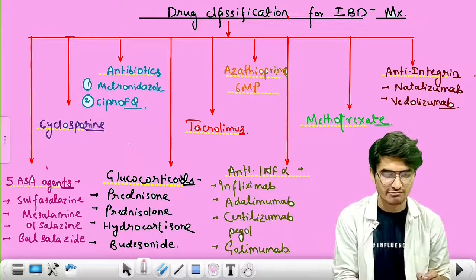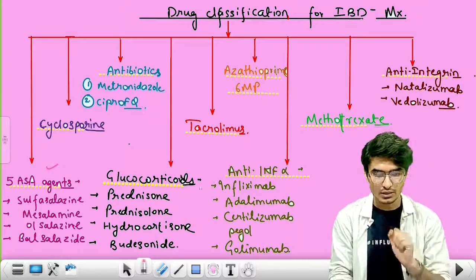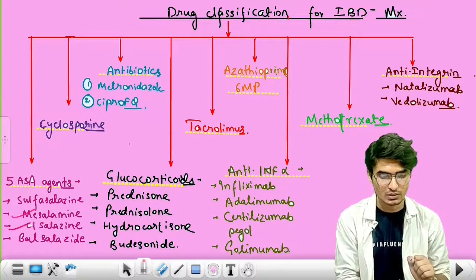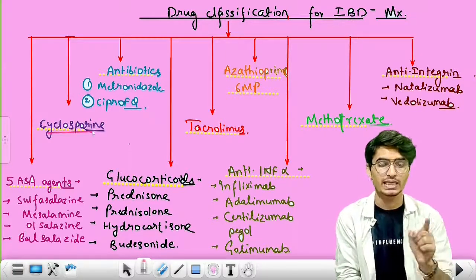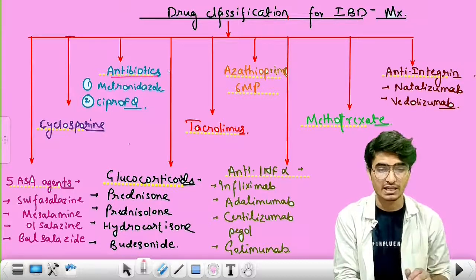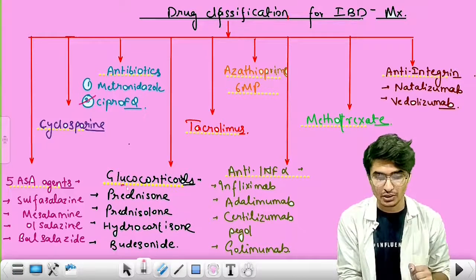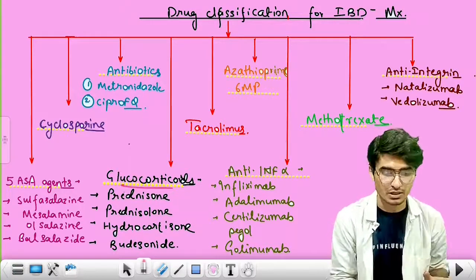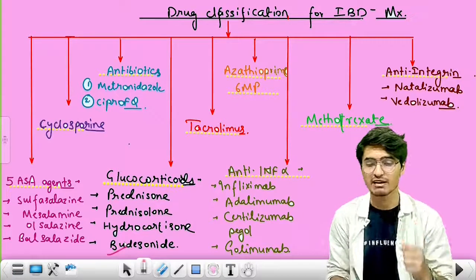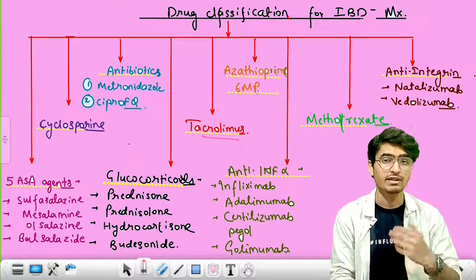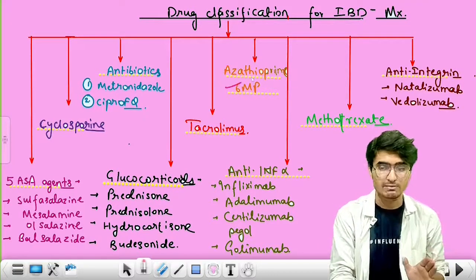Number 1 is the 5-ASA agents, that is the 5-amino salicylic acid agents, including sulfasalazine, mesalamine, olsalazine and balsalazide. Subsequently we have cyclosporine, and then the antibiotic group having metronidazole and ciprofloxacin, right? And subsequently we have the steroid group of drugs in which prednisone, prednisolone, hydrocortisone and budesonide are there, right? And then we have tacrolimus, and subsequently the immunomodulators in which azathioprine and 6-mercaptopurine